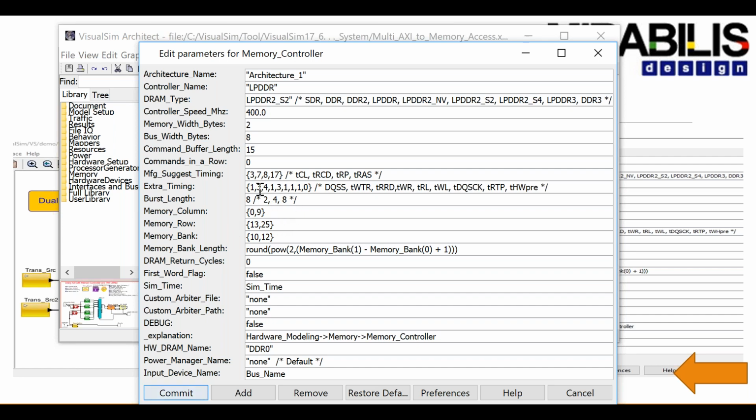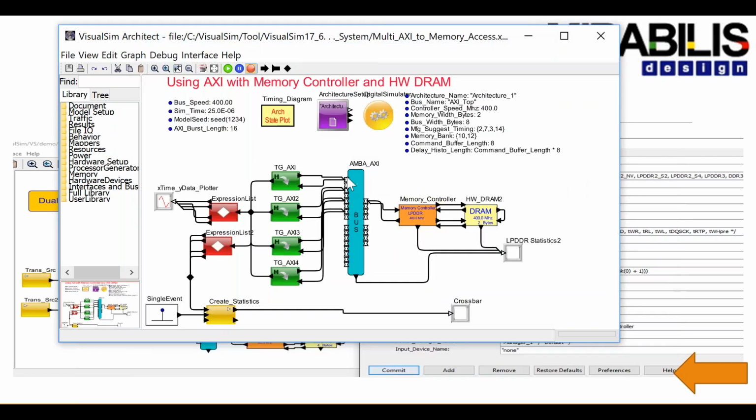It actually extracts the row, column, and bank information from the address that's being fed in through the requests coming in from these different hardware devices. So it allows me to set it more at the address or more at the cycle accurate level, where I can see what happens clock by clock. So in this particular case, when I run the simulation,